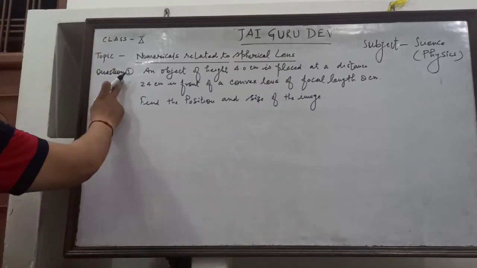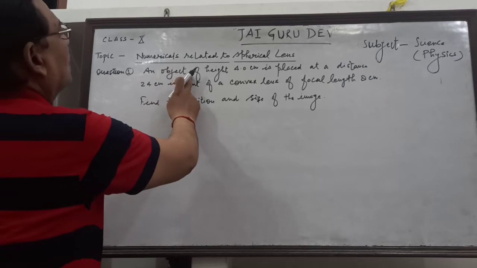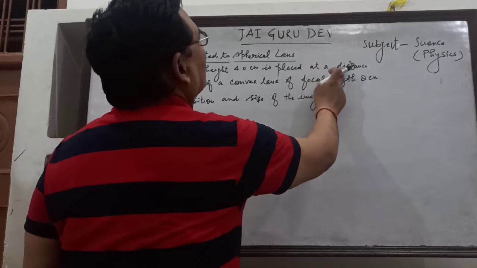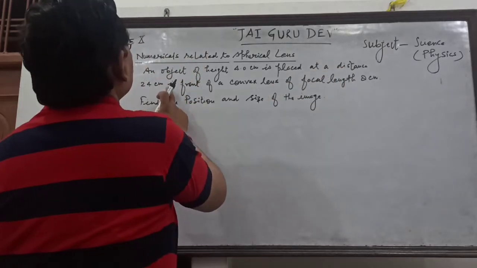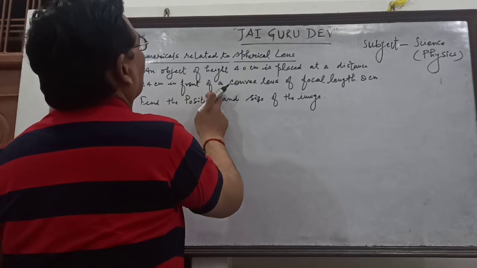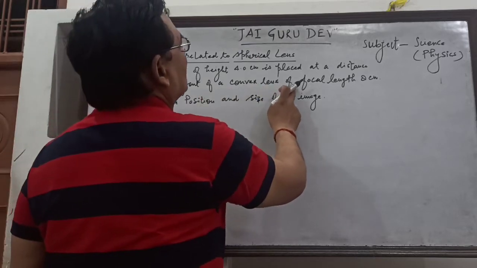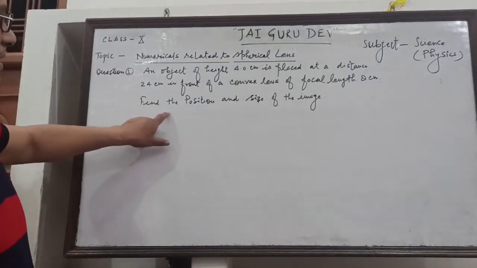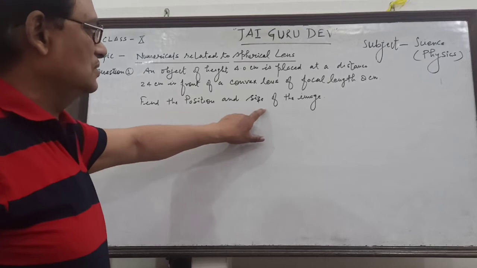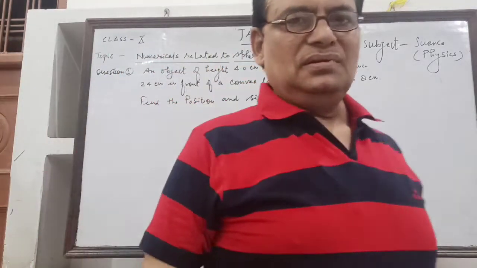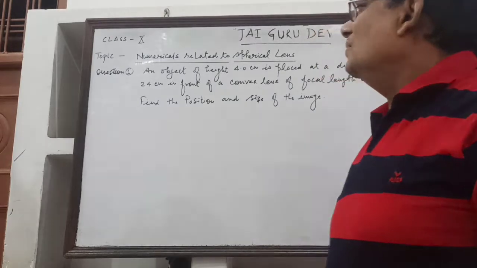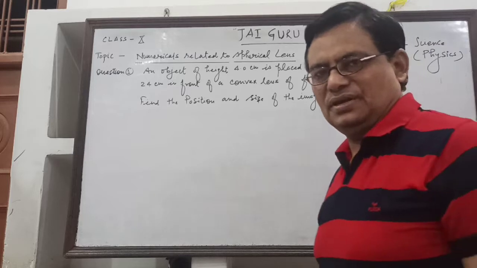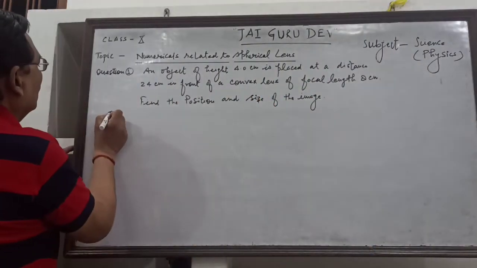The first question is: an object of height 4 centimeter is placed at a distance 24 centimeter in front of a convex lens of focal length 8 centimeter. Find the position and size of the image. This is the question. First we write what is given in the question. Given: